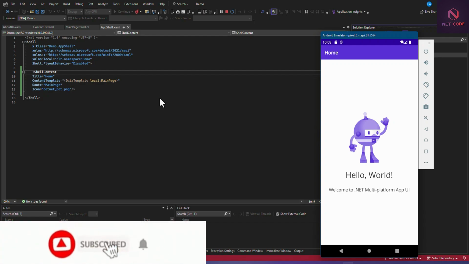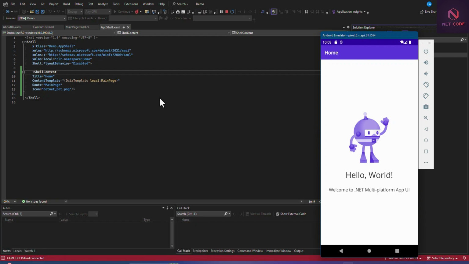Okay, now this video, I believe you know what you are going to do today, and that is we are going to talk about how to implement infinite scrolling in .NET MAUI applications using collection view. Now before we dive into this with a practical aspect, what actually is infinite scrolling? Do you have any idea on that?